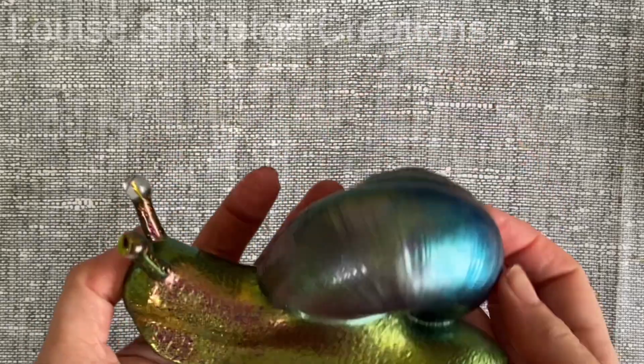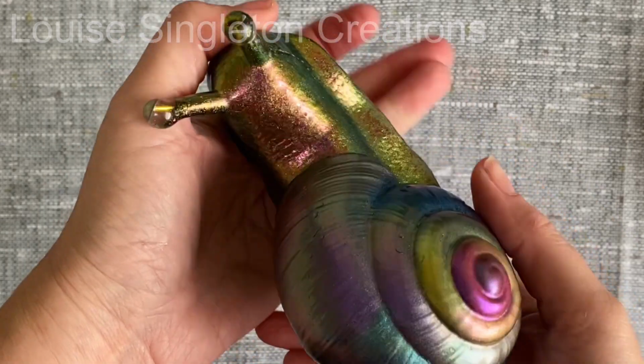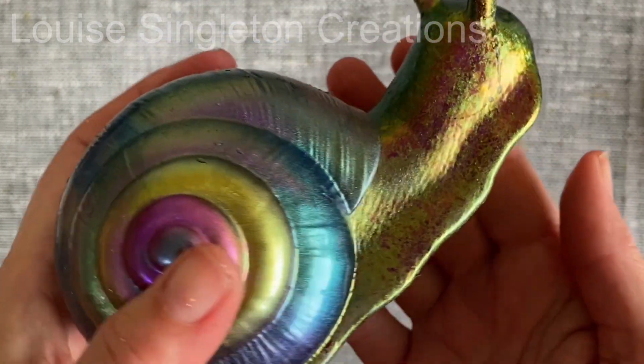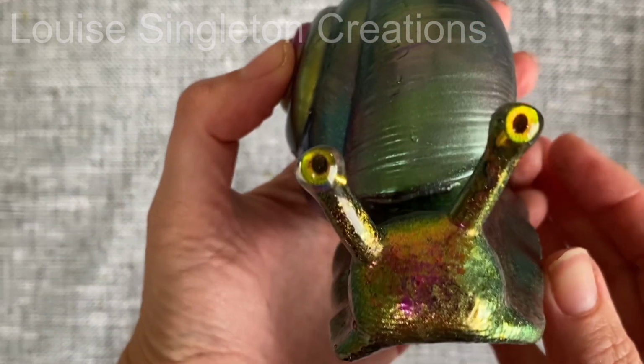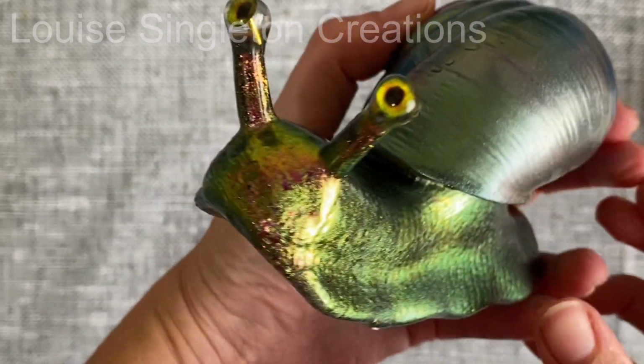I love the texture of this mould. Look at those ridges on the shell. It's really realistic, isn't it, that texture? Absolutely gorgeous. And then on the body as well, it's got that texture too. Isn't it great? I absolutely love this mould, and I might have to make a friend for this snail because